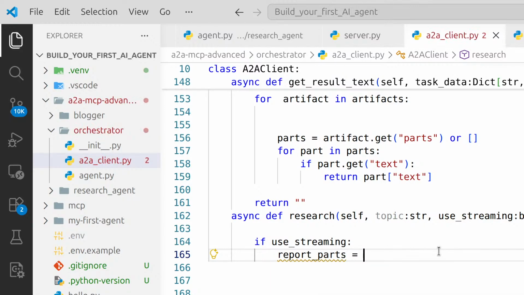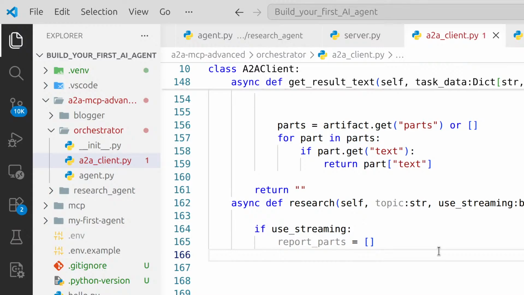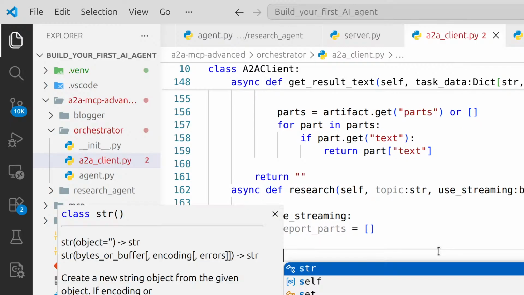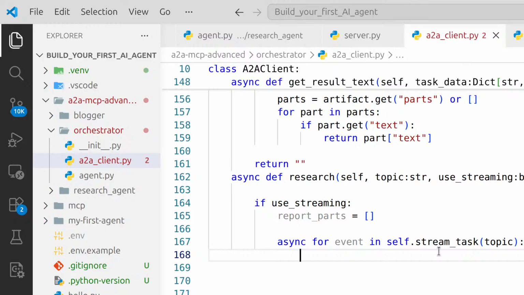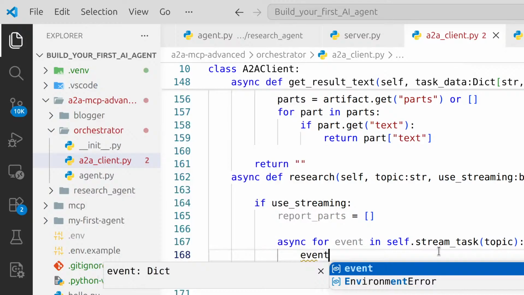Parts is equal to empty for now. Use streaming shows the live progress, used when the user wants to display what the agent is thinking in real time. Report parts will collect result chunks from the stream, and async for event in self dot stream task topic. It will add the SSE events as they arrive,